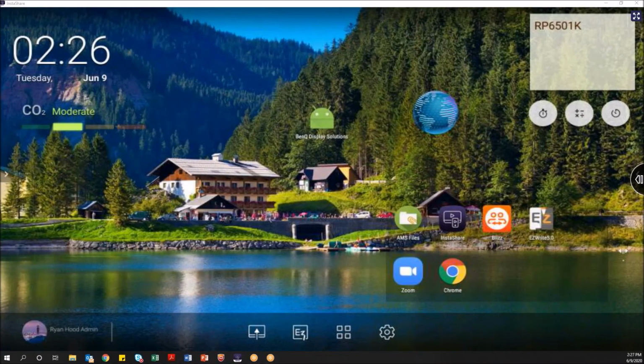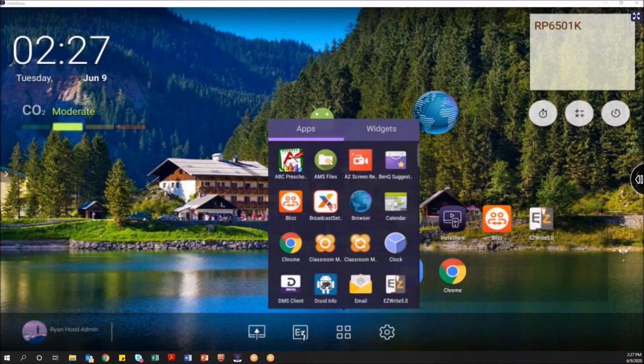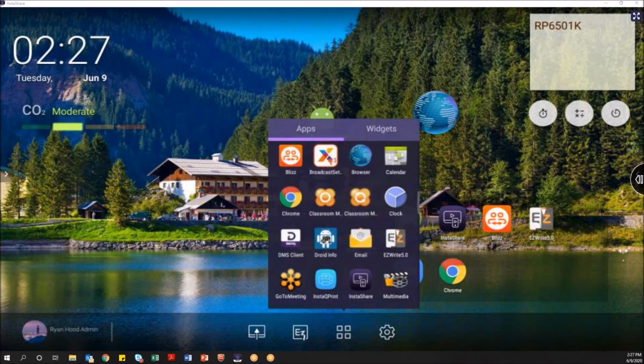All right, so here we are with the BenQ board. This is our RP series. The way we got it set up right now is that we're actually broadcasting over the web with one of our apps. It's GoToMeeting. And if I open my app tray here, you can see we have several different options